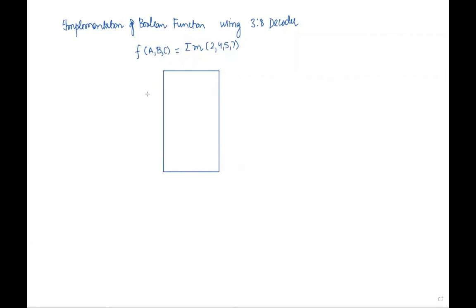These are your inputs, 3 inputs, and corresponding to that you will have 8 outputs. 1, 2, 3, 4, 5, 6, 7, and 8. So this is your 3:8 decoder. 3:8 has 3 inputs, and corresponding to the input combination, your particular output will be on or off.